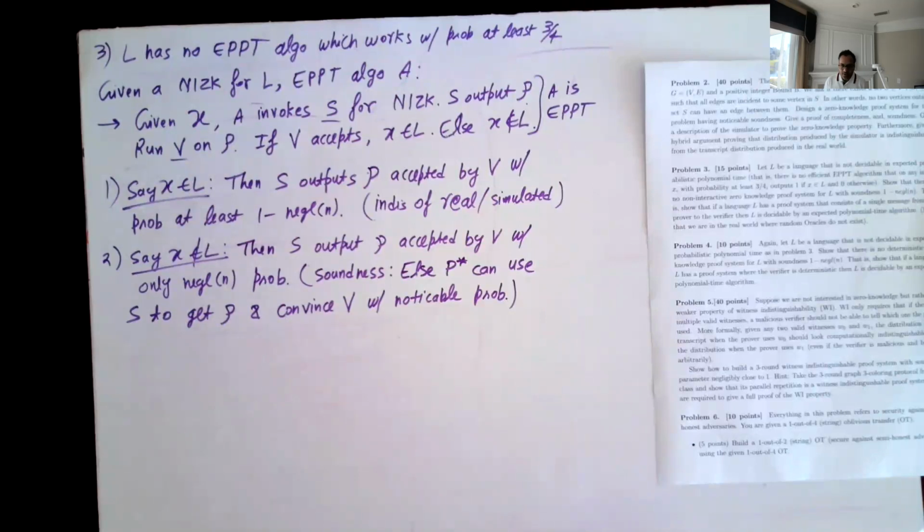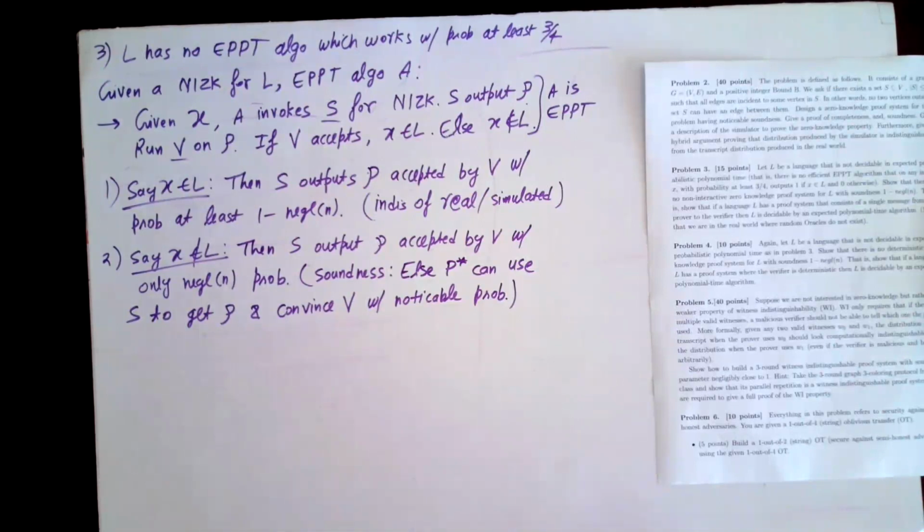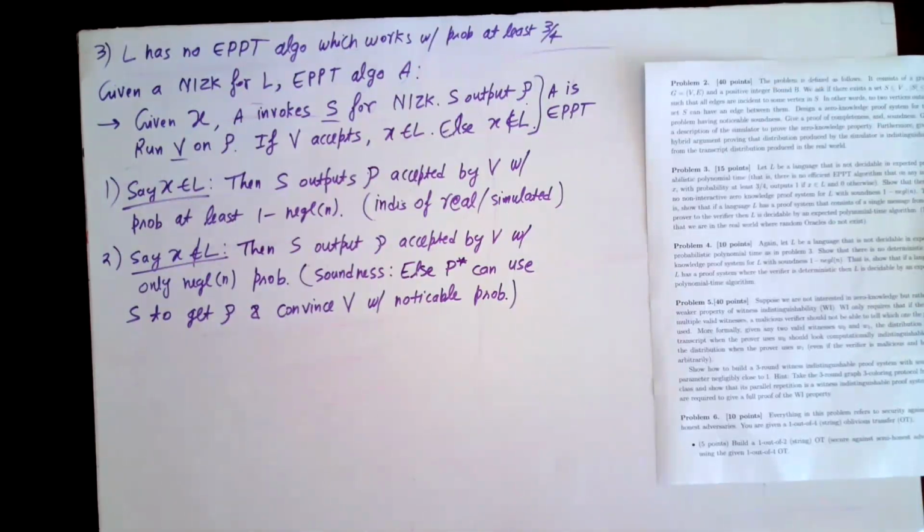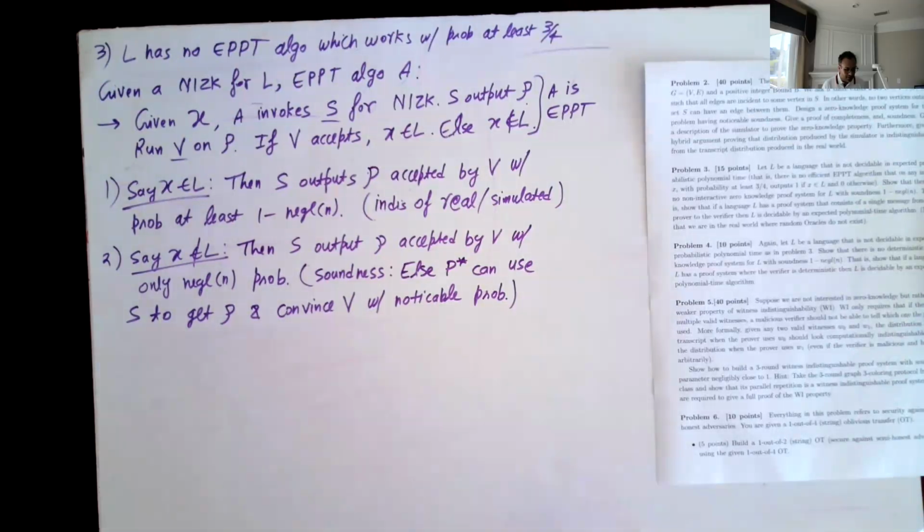So you are saying that the simulator already feeds the proof to the verifier and gives the output. Something like that, yes. I'm asking a bigger question here: in a NIZK system, the simulator itself cannot make an X not belonging to L be accepted by the verifier, which it can do in a non-NIZK system. Yeah, there's no difference between what we are doing and what you have in mind. I'm just saying that the simulator outputs something and you need to feed it to the verifier and see accept or reject.